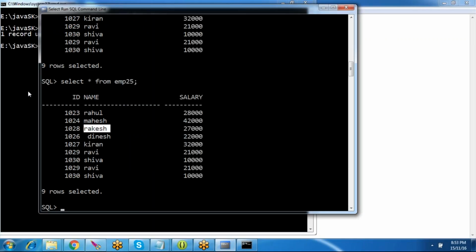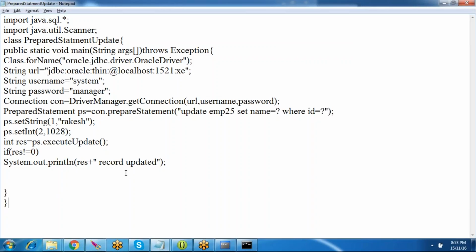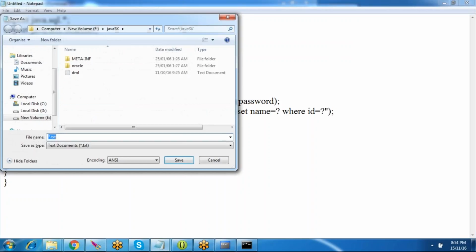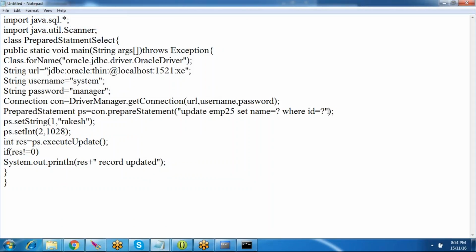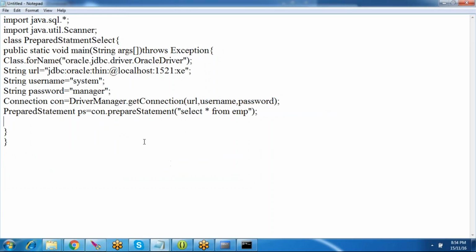Okay, and next you can perform the delete operation. Delete will be similar, you can try that yourself. I'll just mention it for the execute query. So it will be select. Selecting all the records, it's not an issue. You can directly write the command as select star from EMP. So you don't require ps.setString or anything, right? Directly you can write while